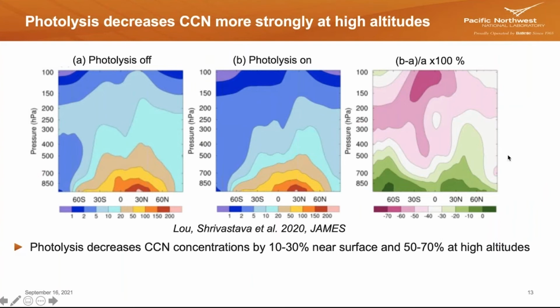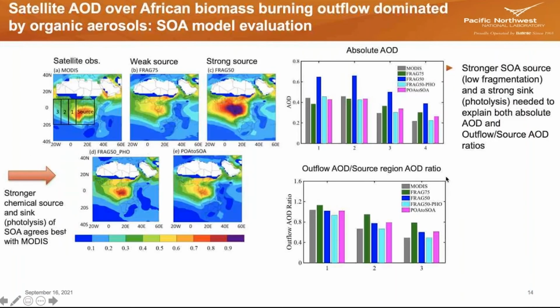So that plot was for SOA loadings, but then what does it do to CCN? And here again we show that compared to when we don't have photolysis, when we turn photolysis on in the model, the CCN decreases by about 10 to 30% near the surface, but 50 to 70% at high altitudes. The other thing is, we can also validate our model predictions with satellite observations,